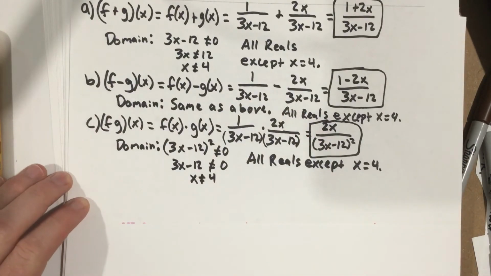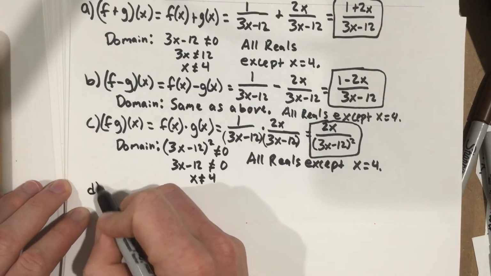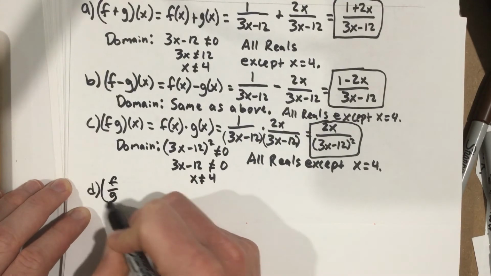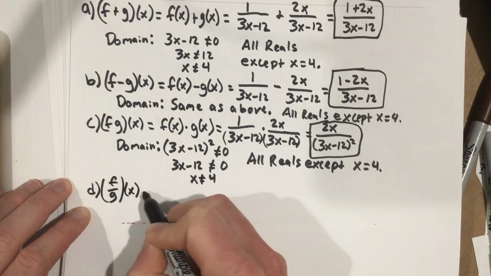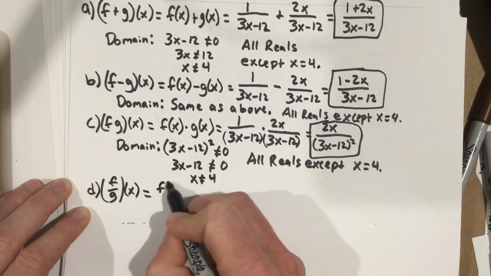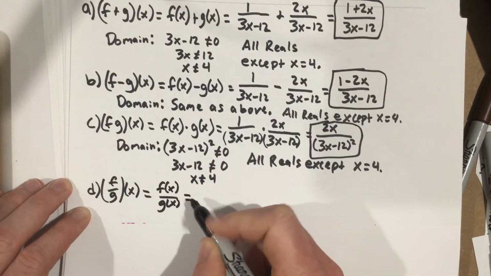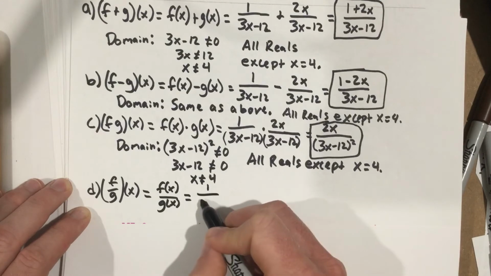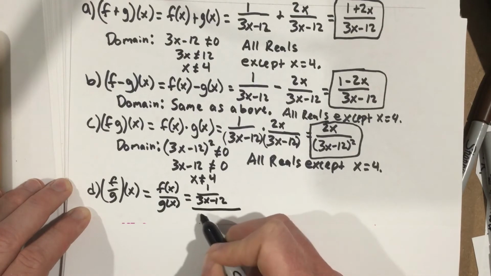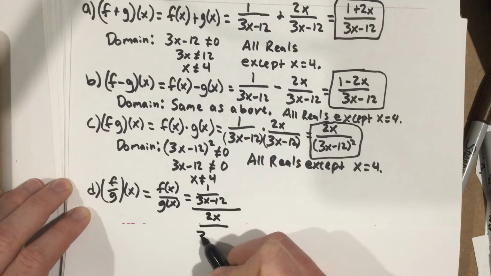So part D. Part D, we're going to take f over g of x, which we know is f of x over g of x, which is 1 over 3x minus 12 over 2x over 3x minus 12,